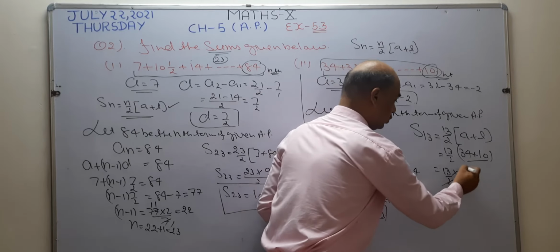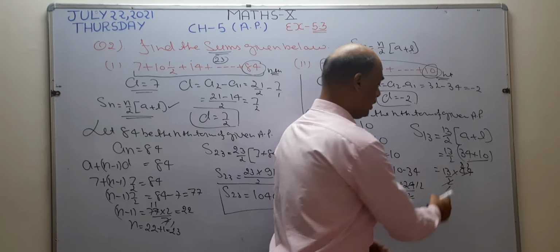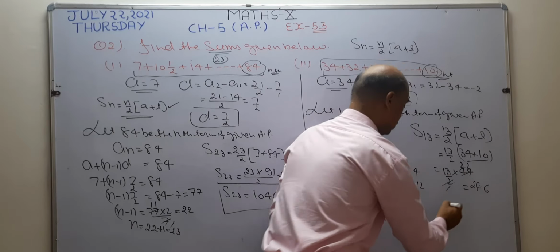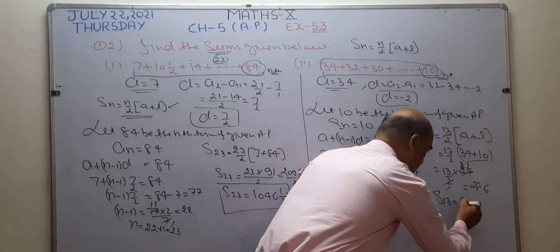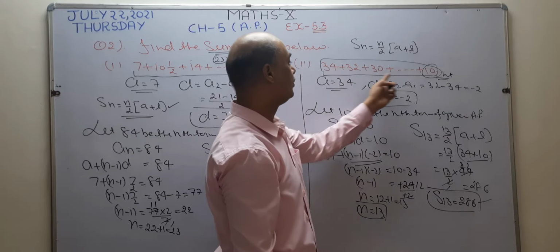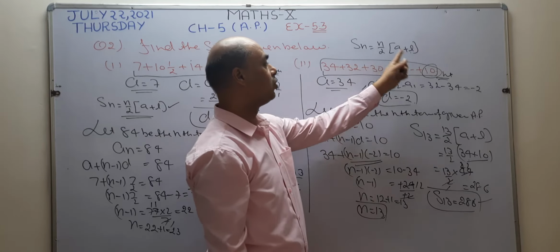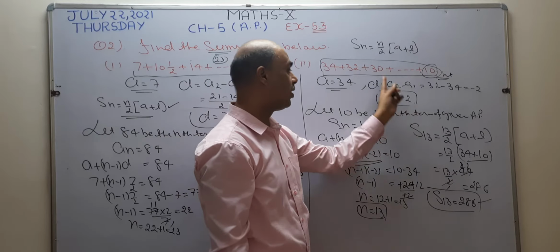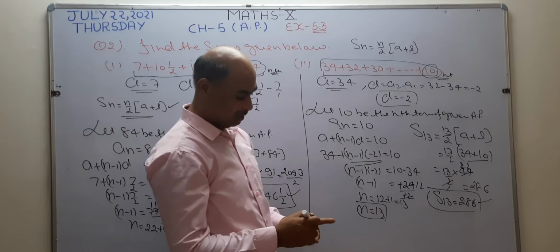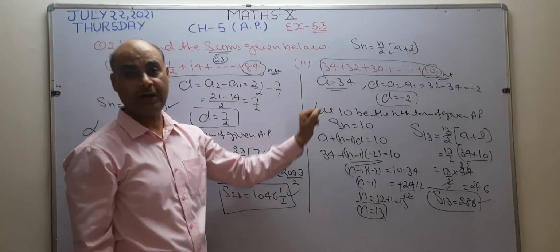Okay. Now 2 ones are 2, 2 twos are 4, 2 twos are 4, so 22. Now multiply 22 by 13. 13 twos are 26, 2 is left. Again 13 twos are 26, so this becomes 286. So the sum of the first 13 terms of the given sequence becomes 286, or the sum of the given sequence is equal to 286, because this sequence contains a total of 13 terms. So I take the sum of 13 terms. Clear? Using the first and last term formula. I hope it is clear. In the same way you can solve its third part. I am going to leave its third part for your practice. Okay?